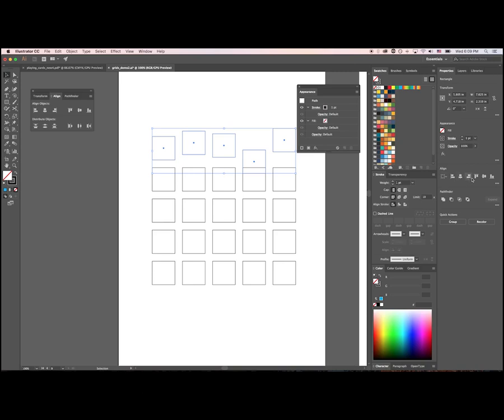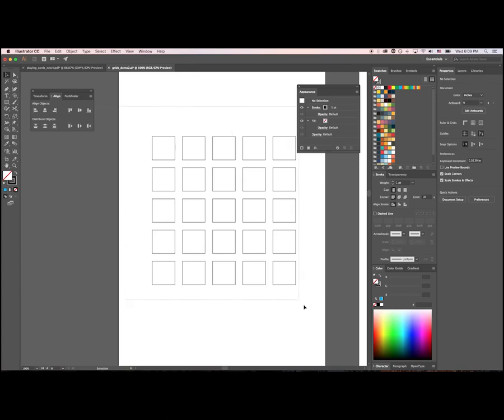But if I were to take these and align to the top, they're going to align to the topmost box here. But you can actually set a key object that you want it to align to. So once I have these all selected, if I select the object that I actually want them to align to the top of, I can click it and then it's going to align to the top of this object. So that's a cool thing about the align tab, because you don't always want to go to the topmost of these. You want to adhere it to a specific object. Okay, but the point being,